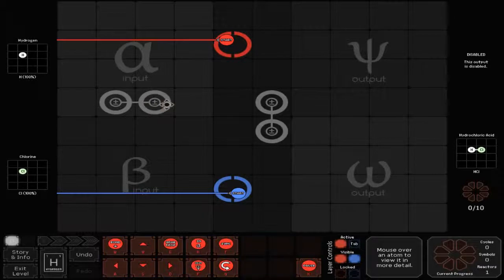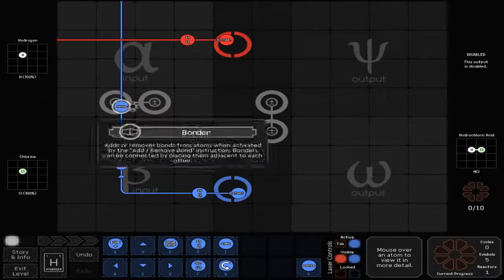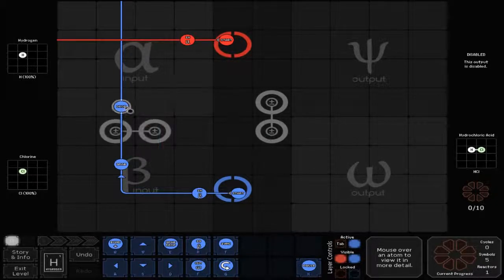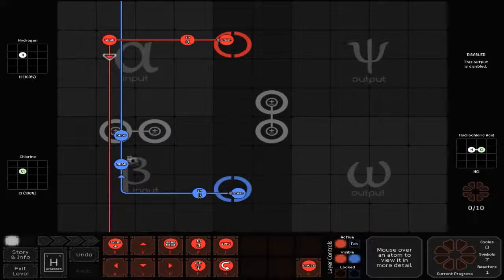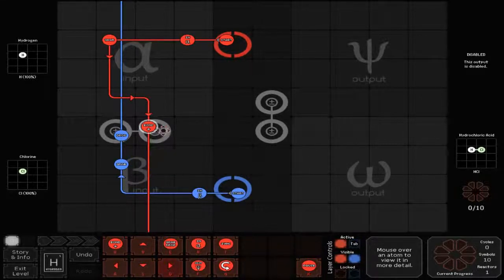Should be quite easy. I've done a lot of these in my day. Now we need to grab and drop there. Where's this? In fact, grab that, drop that. You can grab that. And let's go over here. Bond it. Now we have the hydrochloric acid, and we need to output it over here in the